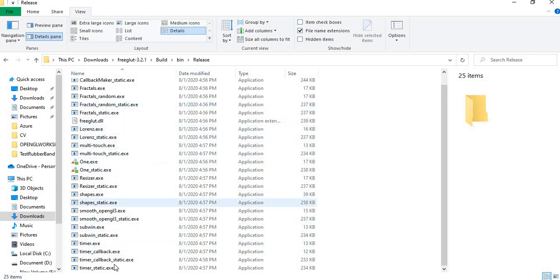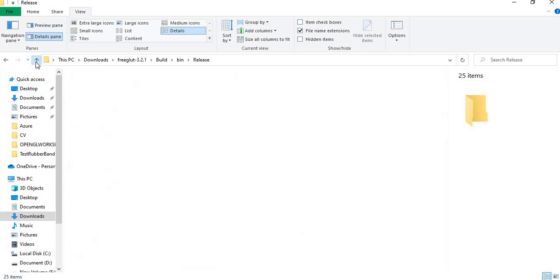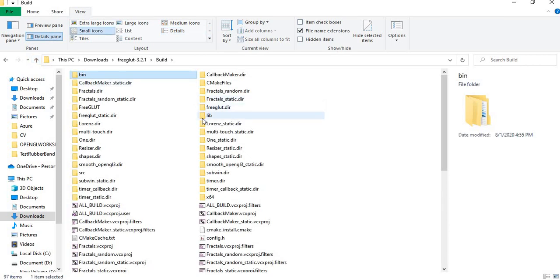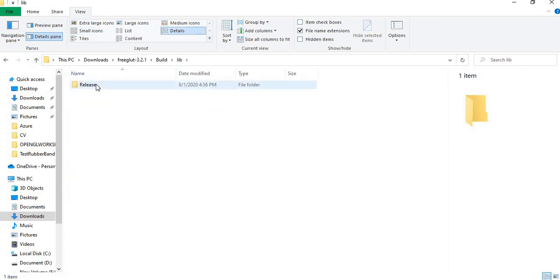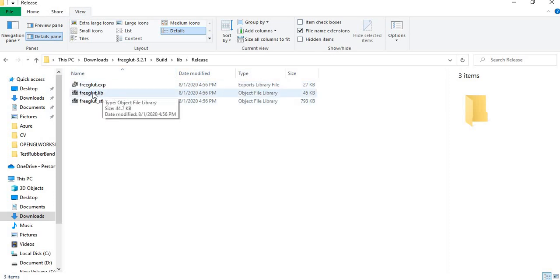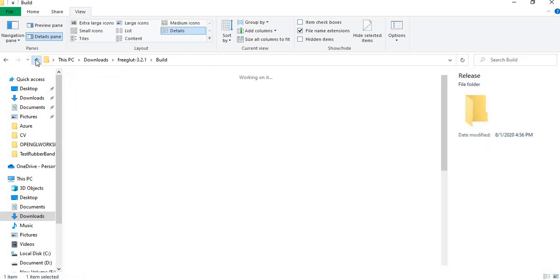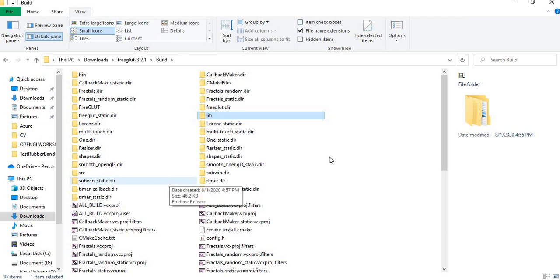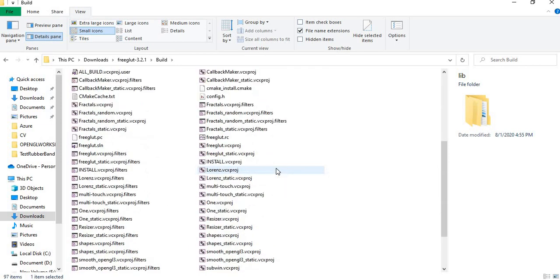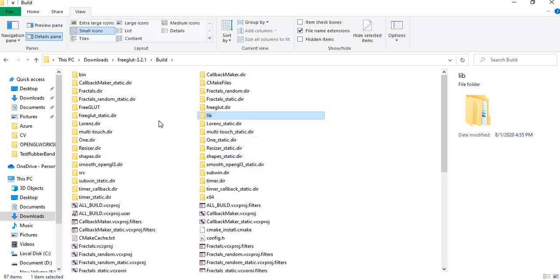We need not do all those things. We can take only freeglut.dll, keep this. Inside lib, release, not all the lib is required. We only need freeglut.lib. So copy this file in the structure which I told you.